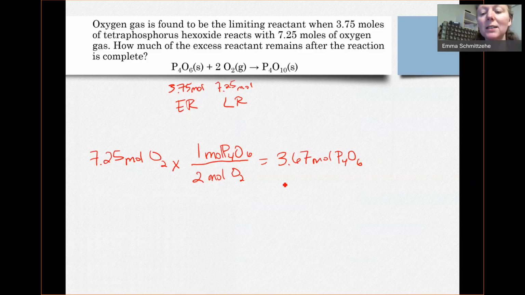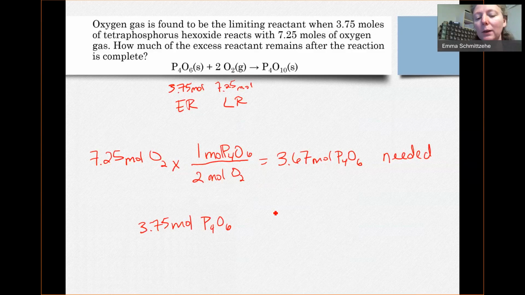And that's what is needed, right? That's what's needed to react the O2, okay? And so that's what's going to react as long as our reaction goes to completion, right? And so if that's what we need, and we have 3.75 moles to start with, then what's left over is the difference, okay? So we would take the 3.75 moles of P4O6, and we would subtract the 3.67 moles of